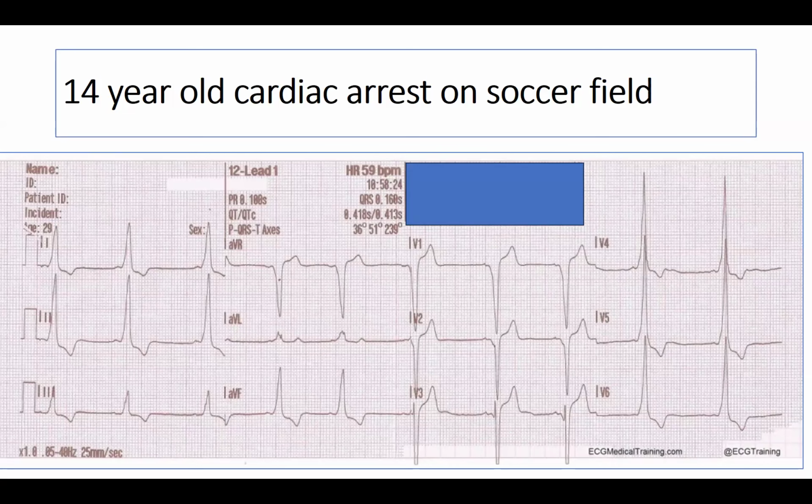But assuming that the patient wakes up, is fine, and does well, probably the most common recommendation here would be to do an ablation to get rid of the WPW. In theory, if the patient had rapid conduction of the WPW, then ablation of the WPW pathway should reduce or make zero the chance of having a cardiac arrest. And interestingly, when you ablate WPW, most of the time, like 95% of the time, the atrial fibrillation also goes away. It's very uncommon to have AFib after a successful WPW ablation in someone who had rapid conduction.